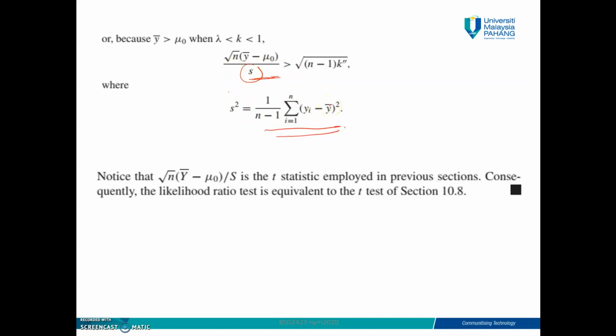Notice that this one is the T statistic employed in the previous section. Consequently, the likelihood ratio test is equivalent to the T test of section 10.8. So here we can see that the ratio test that we did is equivalent to the T test because of this one. Okay, so I'll stop here for example